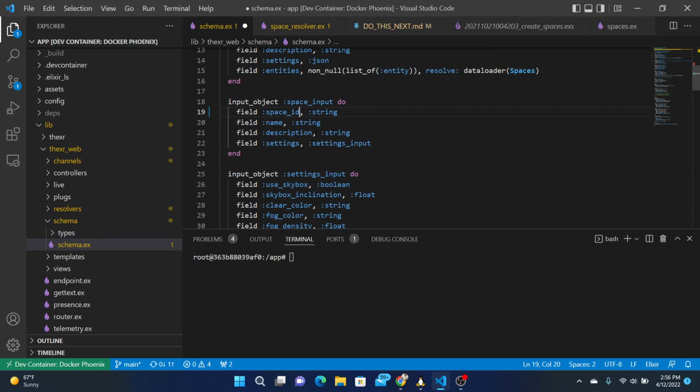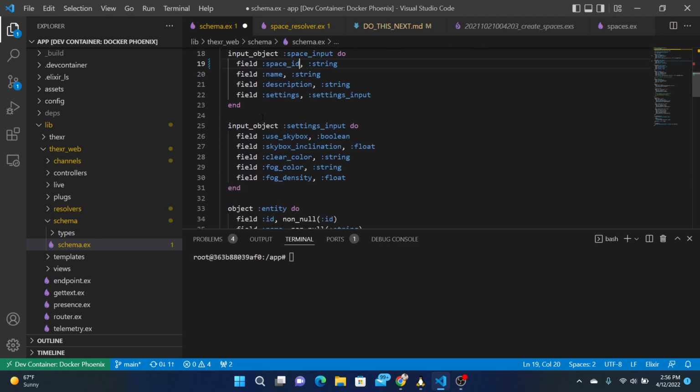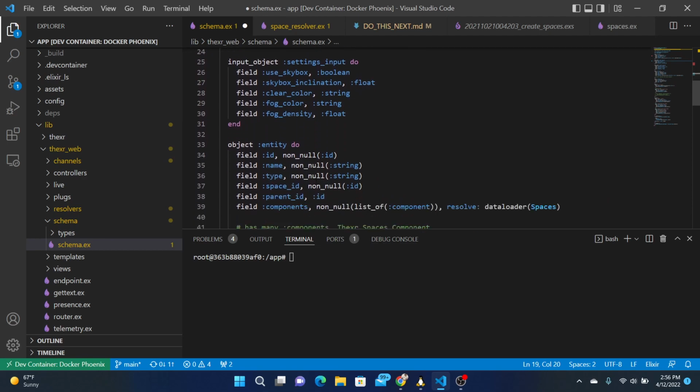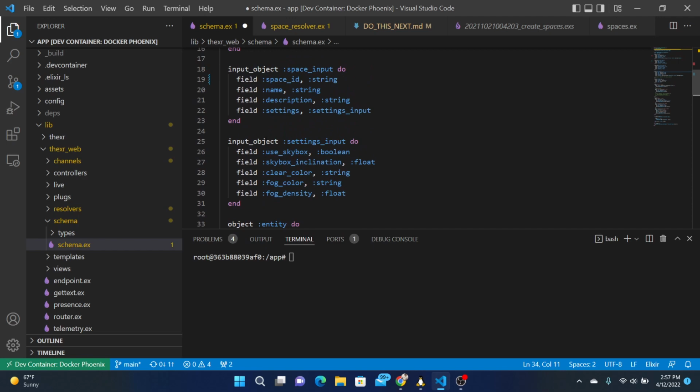Yeah. Settings input is this. Entity. This is just ID is enough for the context of this.